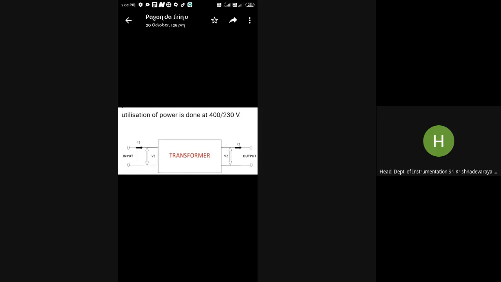If V2 is greater than V1, the voltage is raised on the output side and it is known as a step-up transformer. If V2 is less than V1, the voltage level is lowered on the output side and it is known as a step-down transformer. The basic transformer types can be classified in various ways. The first one is by the position of the winding with respect to the core. In this type, there are two kinds of transformers: one is the core type and another one is the shell type.